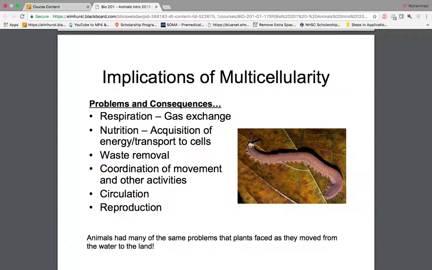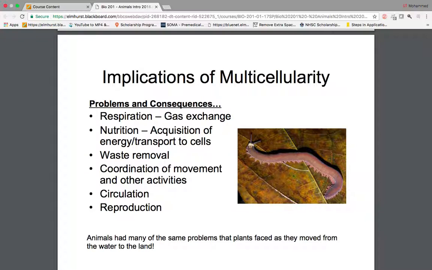But if you're big and multicellular, what happens if you secrete toxic wastes like urea out of a cell and there's another cell right there? You're basically dropping your toxic waste as a cell onto your neighboring cell that's still part of your own organism. So some way to deal with that waste and to get it away from the cells without damaging the cells is something we're going to see as a theme